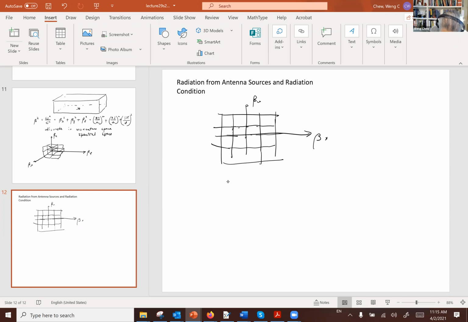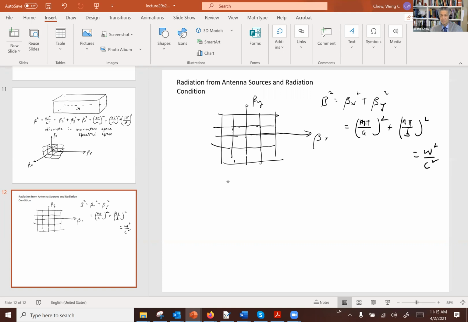Okay, you can find discrete points. And when your beta x and beta y are on discrete points, and when this equation is satisfied, then a resonance solution exists. The thing about this is that the discretization beta x equal to n pi over a, beta y equal to n pi over b, this discretization